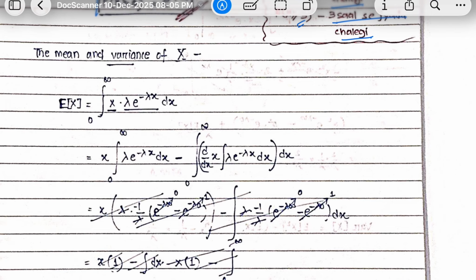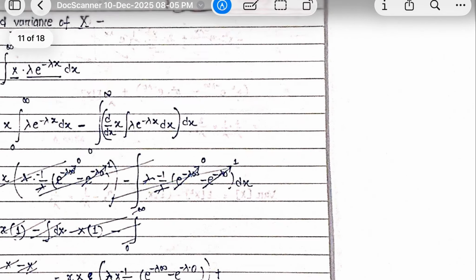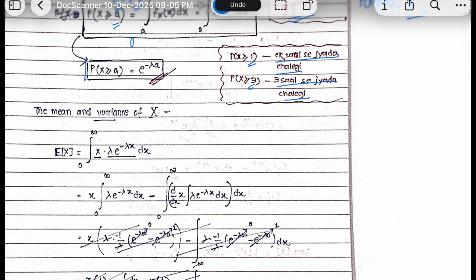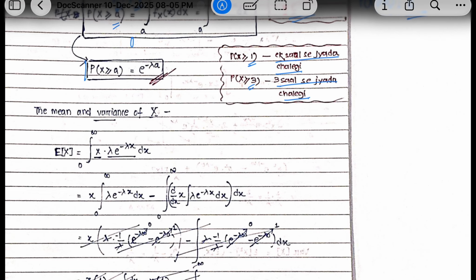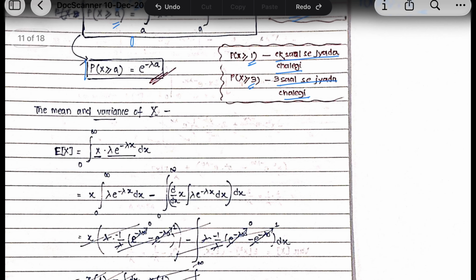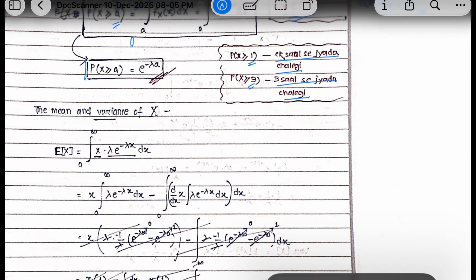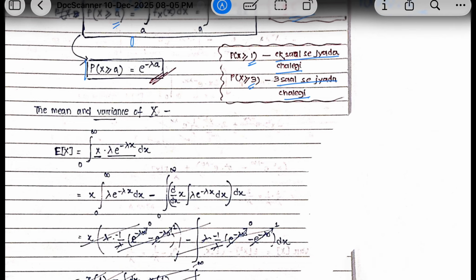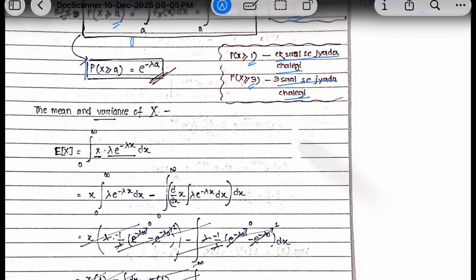So for that we need to do a plane space here. Suppose,